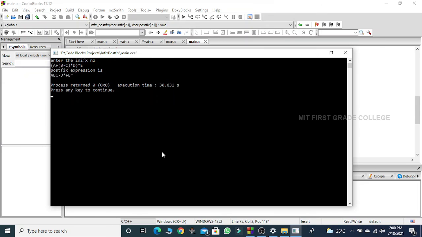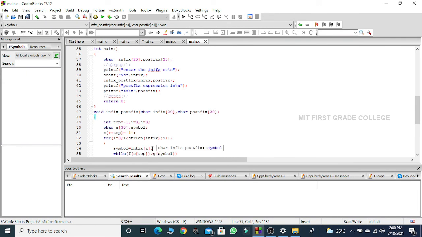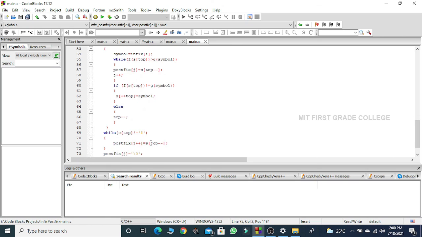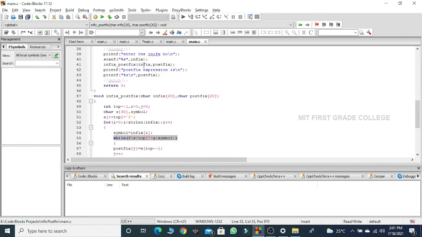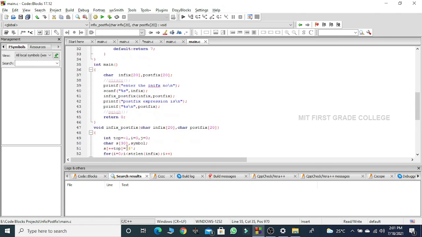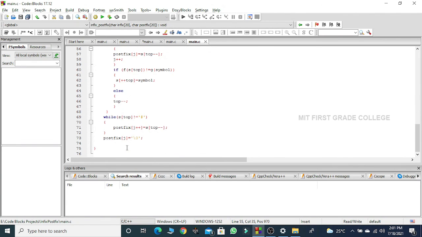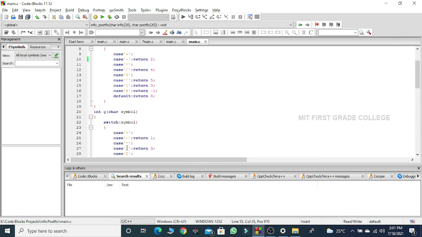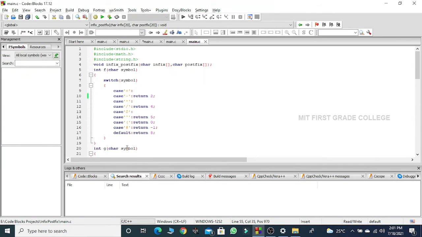Hope you have understood how this program works. Mainly inside this function, whenever we are using this f of s top and g of symbol, the flow of control will actually come to this point and fetch the values of the symbols that are provided. F of symbol and g of symbol will provide us the values. Hope you have understood how to convert an infix expression